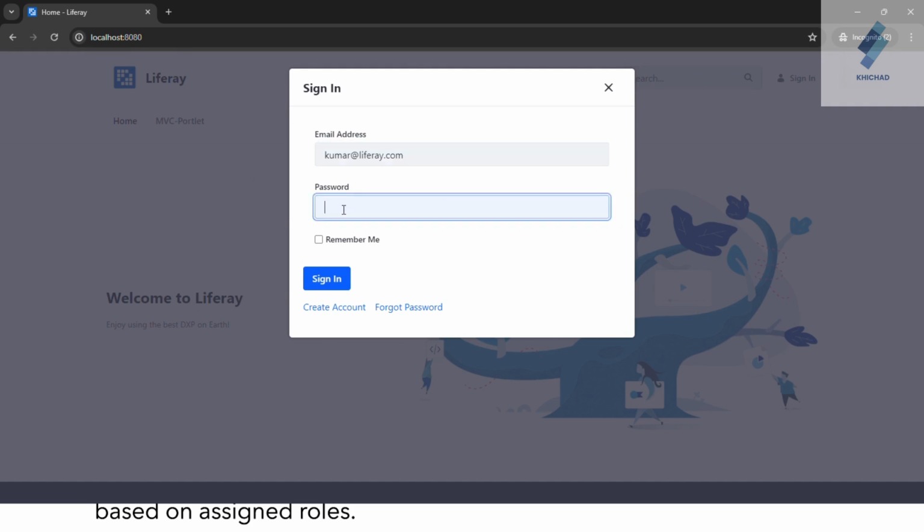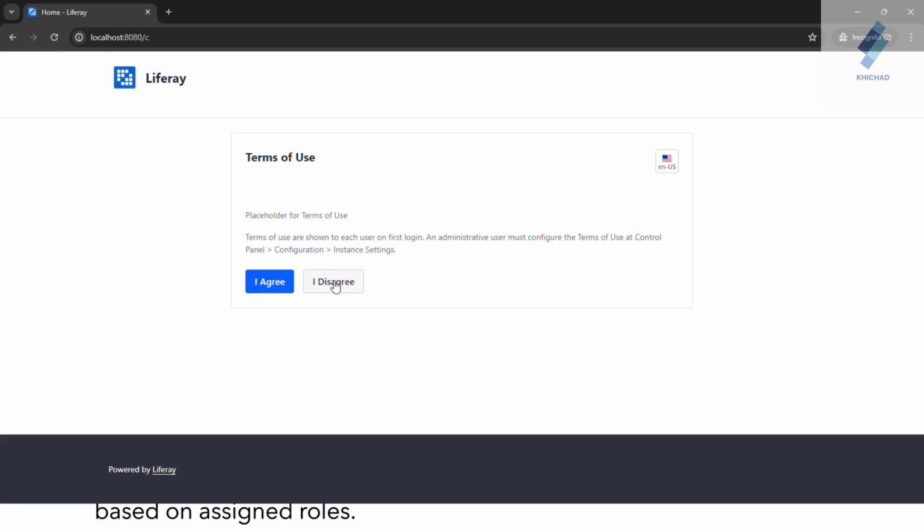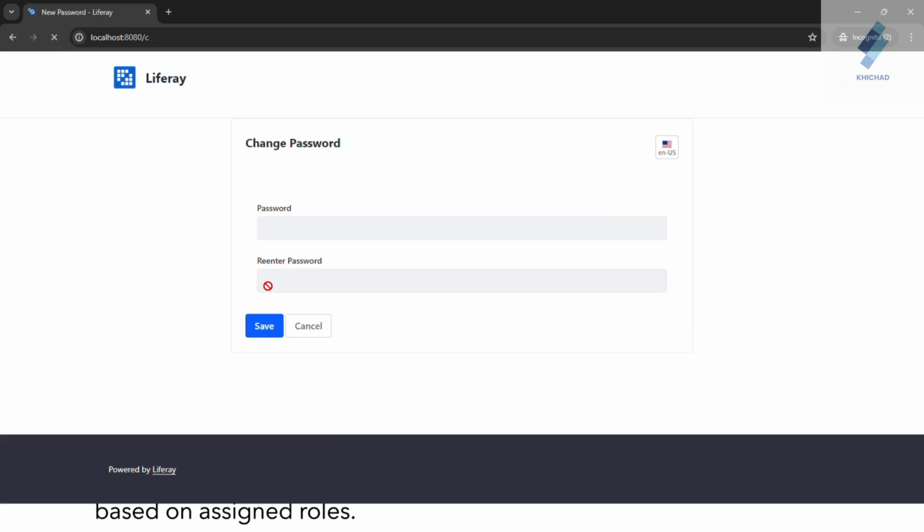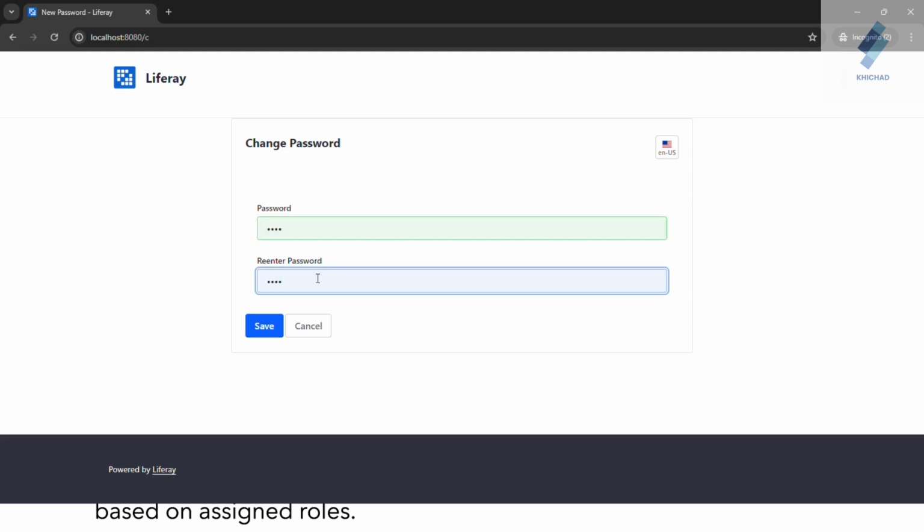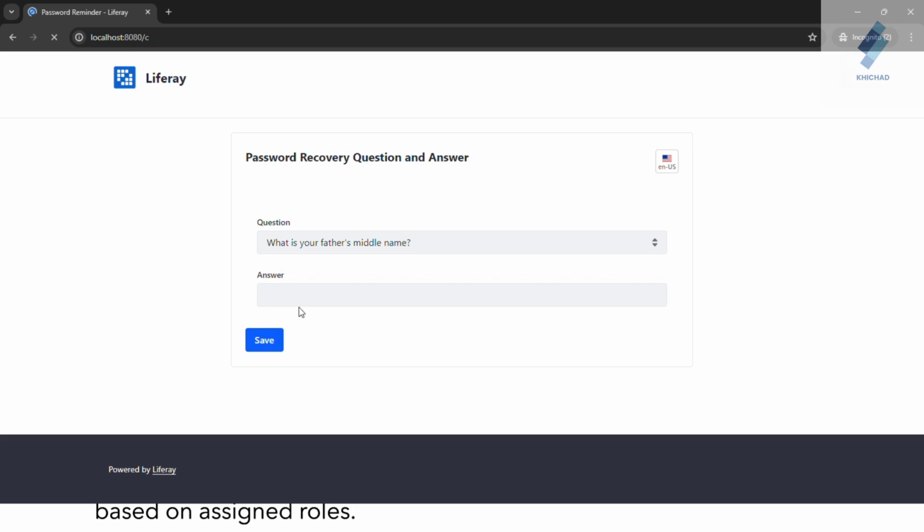Enter the login credentials and password. So I enter the created password. Click on save. Click on agree. Change the password. Enter the security name.